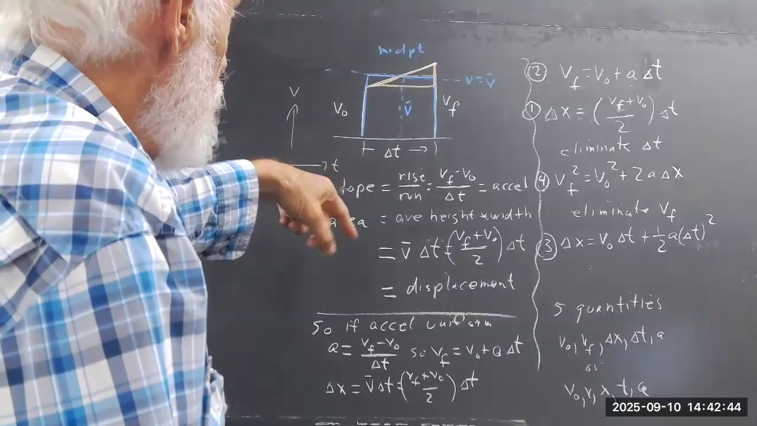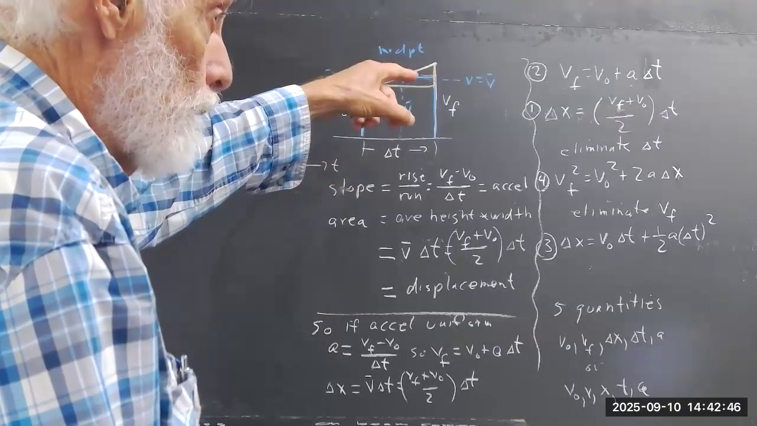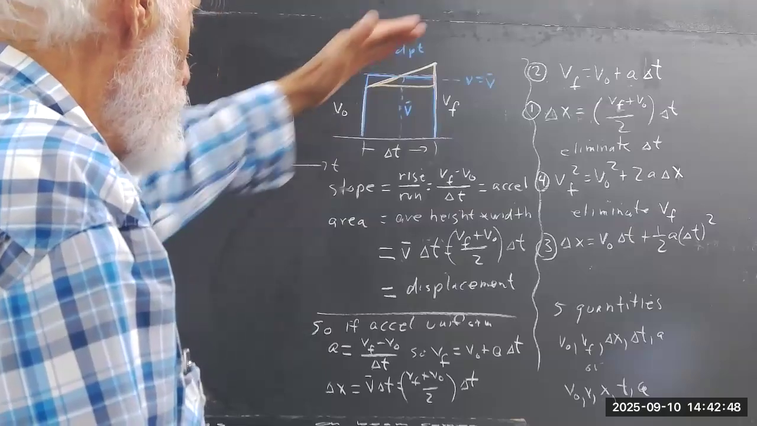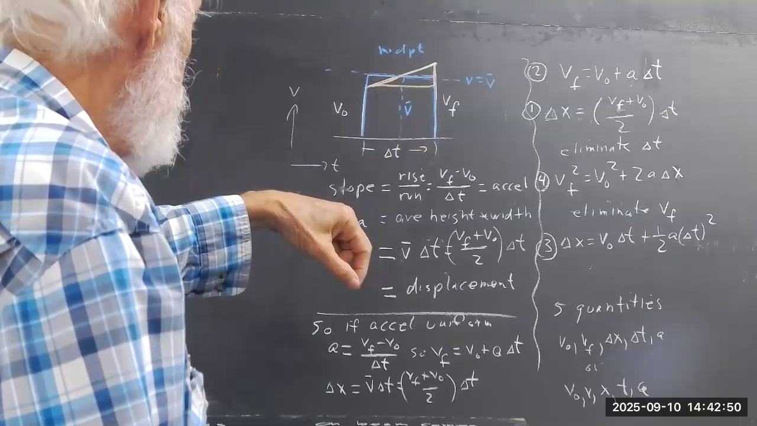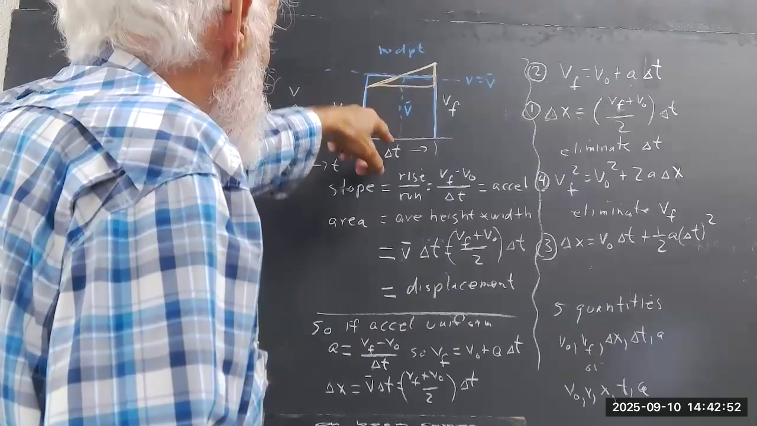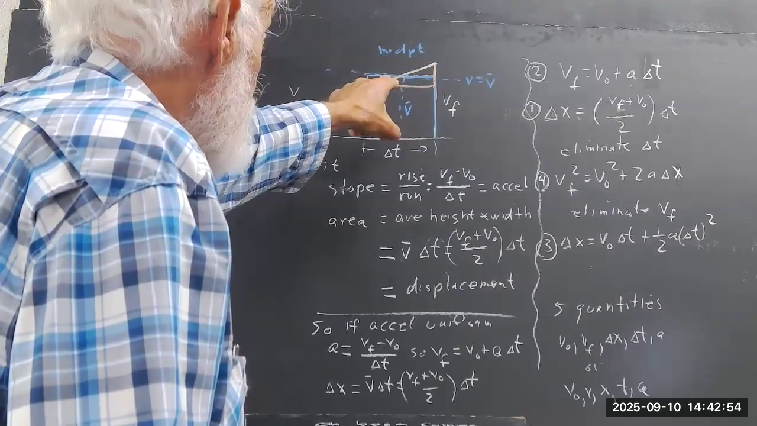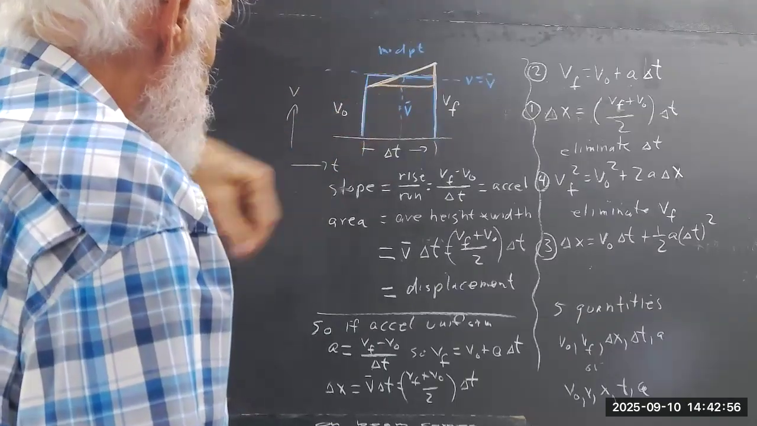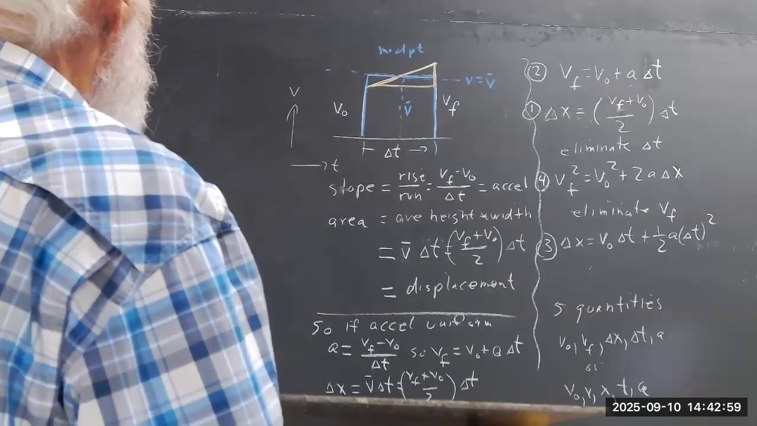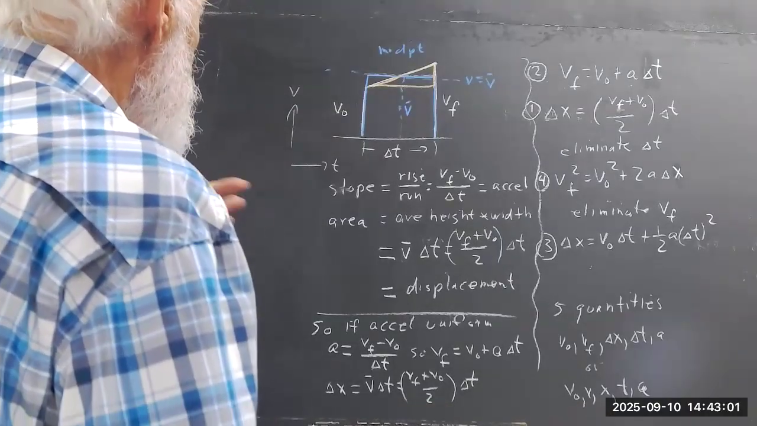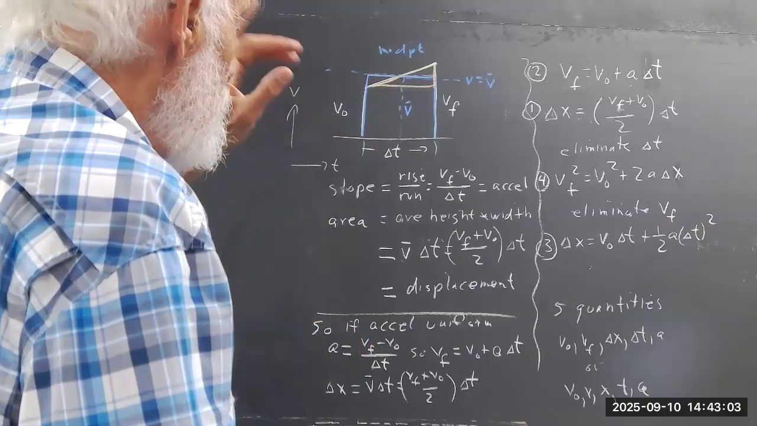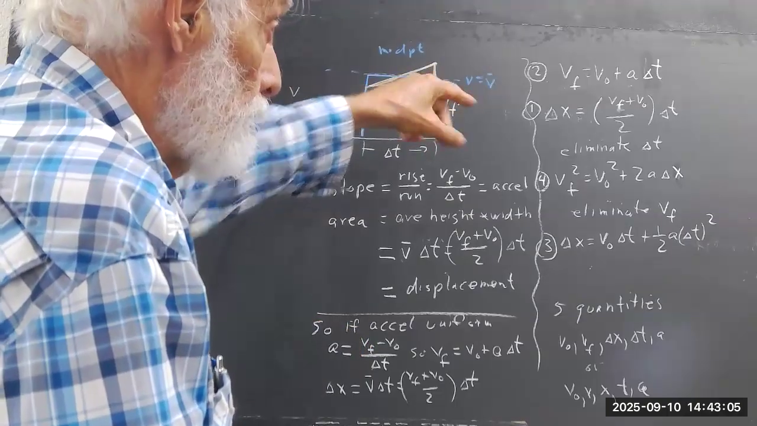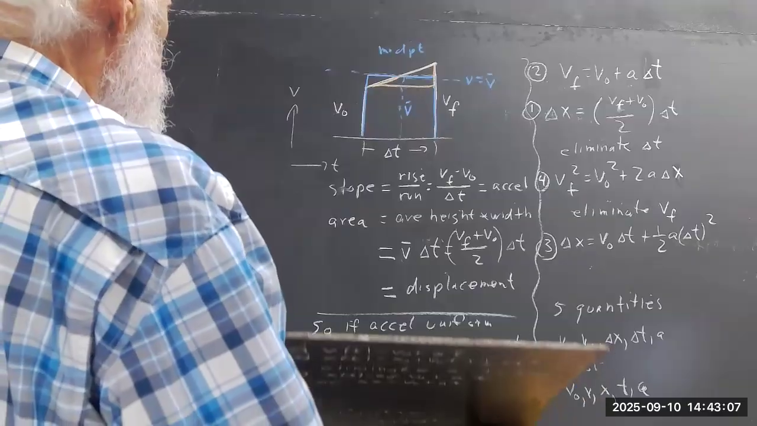times delta T, average velocity being the average of initial and final velocities, because the graph is linear, a straight line. The V bar here is noted right at the midpoint of the straight line segment. The slope and the area under the curve give us the first two equations that I've written up there, and